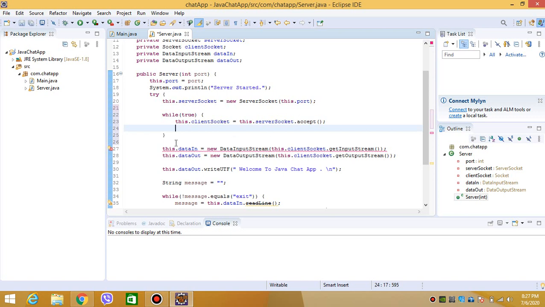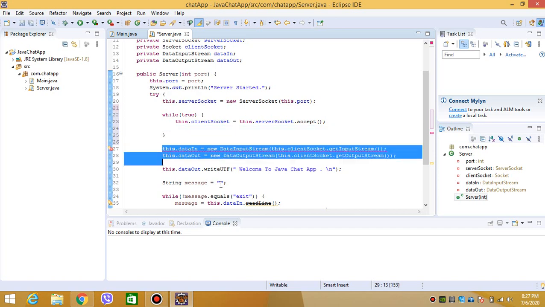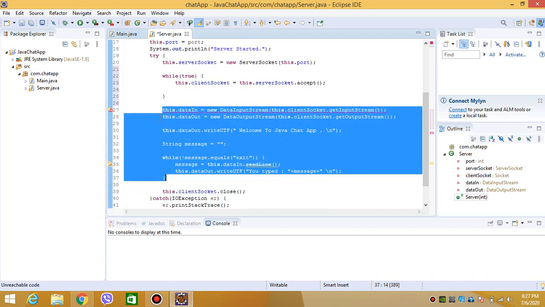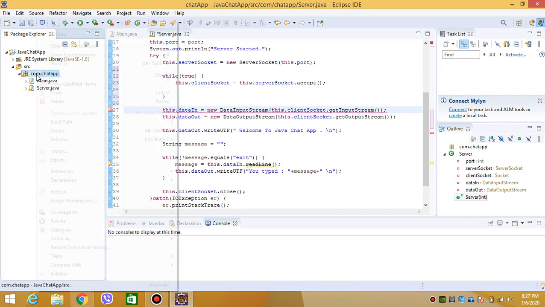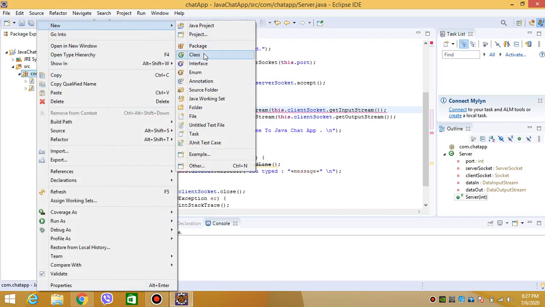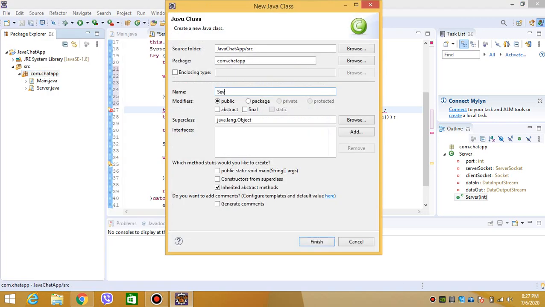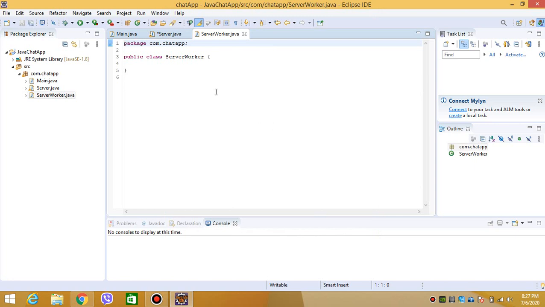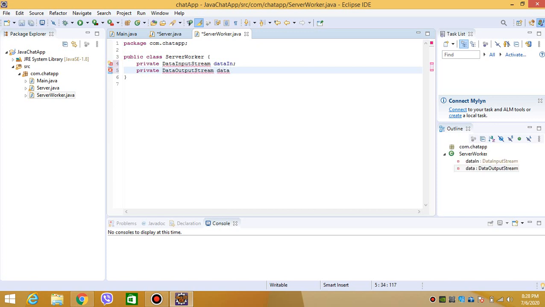And we will create a new class for doing this stuff. Go to the package and right click, new class. Let's call it ServerWorker, as they are the server workers for the clients. So what we need here is a private DataInputStream dataIn and a private DataOutputStream dataOut,